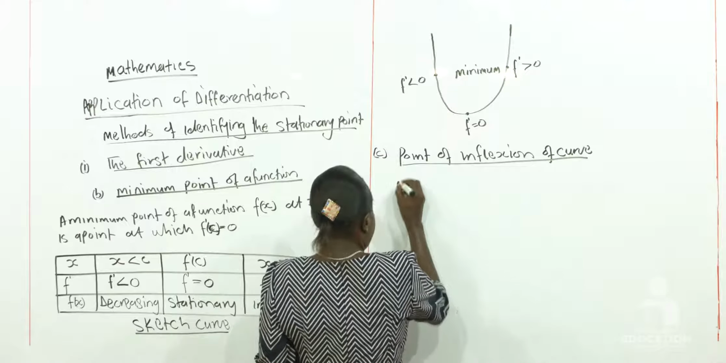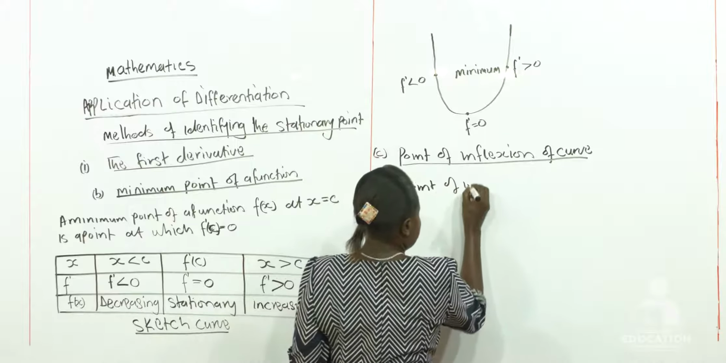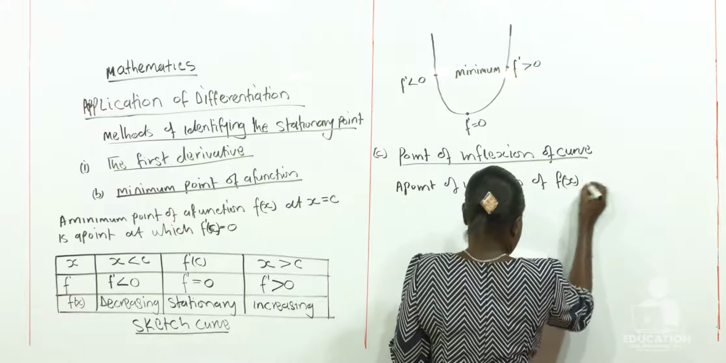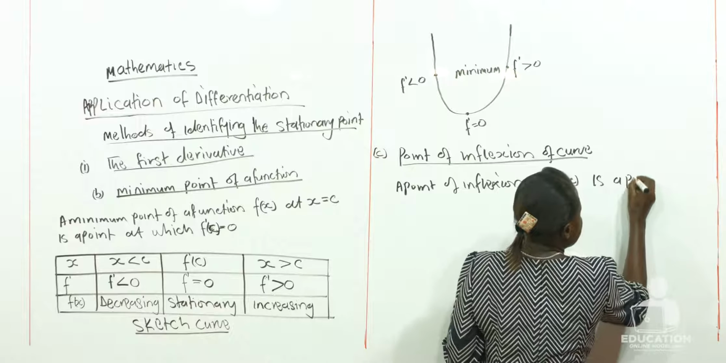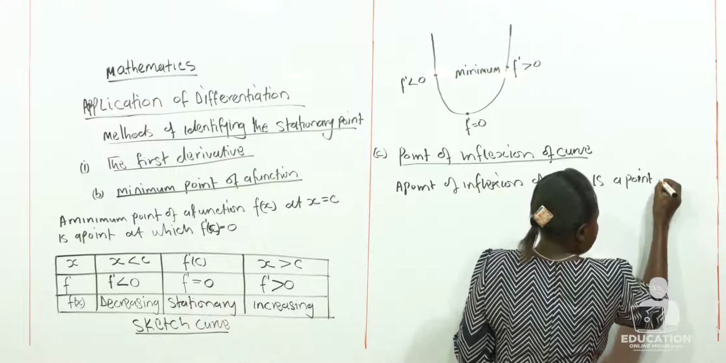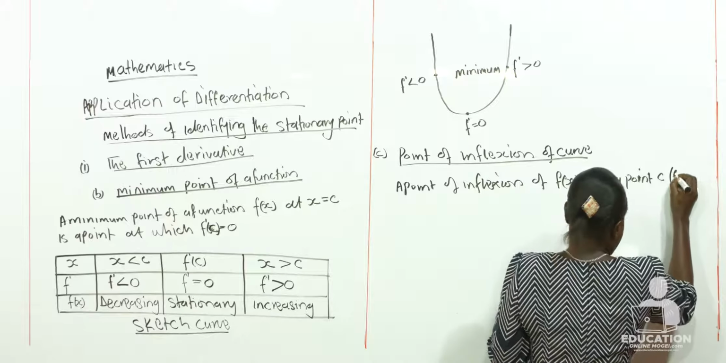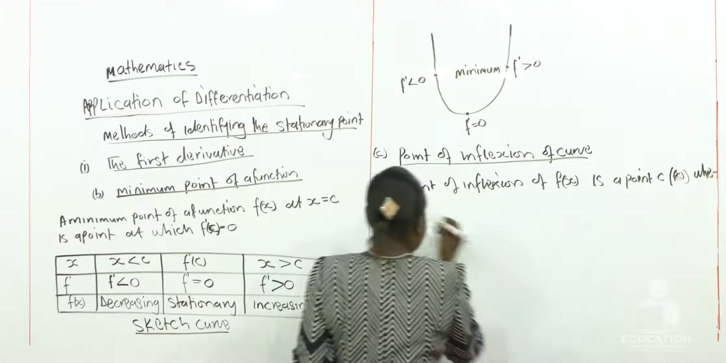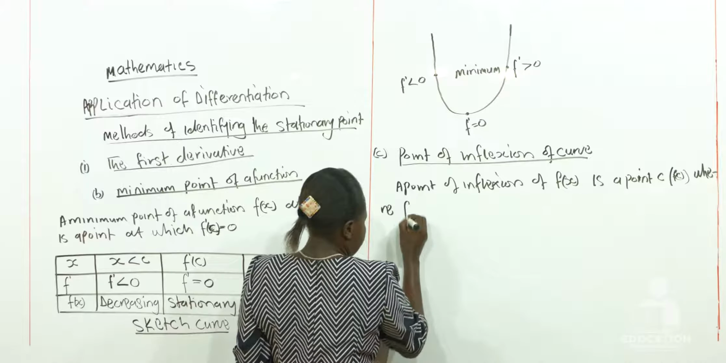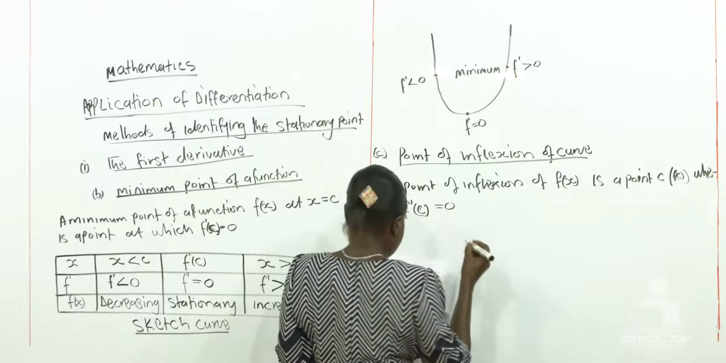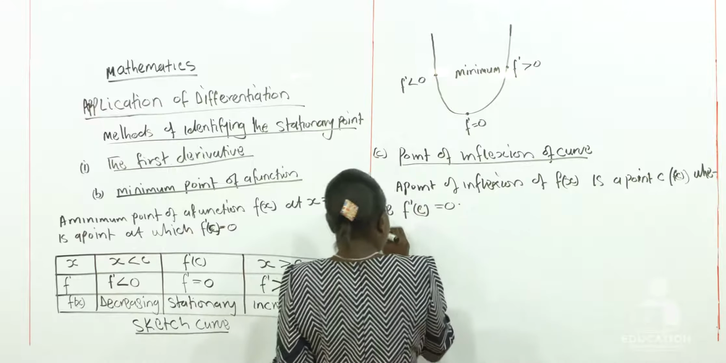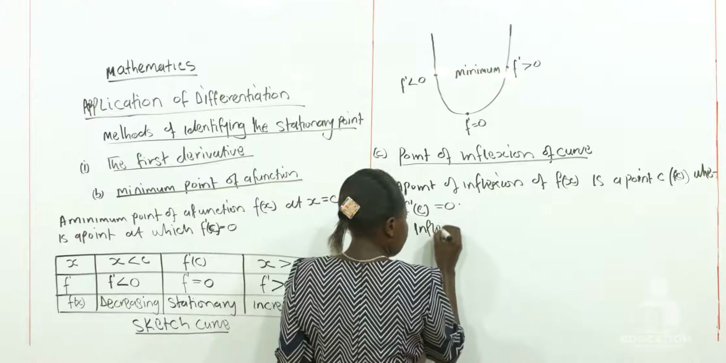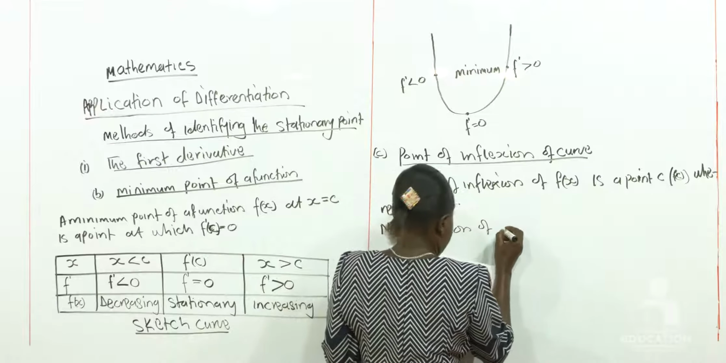So we simply say a point of inflection of a function f of x is a point C, which is on the function, where the gradient at C is equal to 0, and the point of inflection of a function